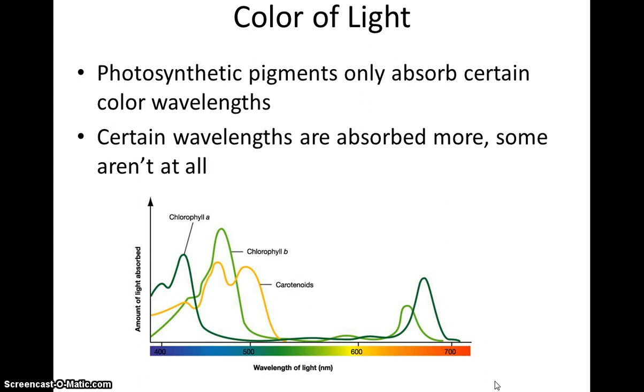All right, so we did the first 3 that I said, those are the ones people most commonly cite, but there are quite a lot of other factors that affect photosynthesis, the first being the color of the light. Our chlorophyll and our other pigments, like the carotenoids that we already talked about, are only going to absorb certain wavelengths of light, and we can see that very clearly in this graph down here. Chlorophyll A and B and the carotenoids are best absorbing in the blue ranges, a little bit down in the orange and red, especially with the chlorophylls. But if you notice, most of them don't absorb green, which, again, gets reflected, and that's why we see